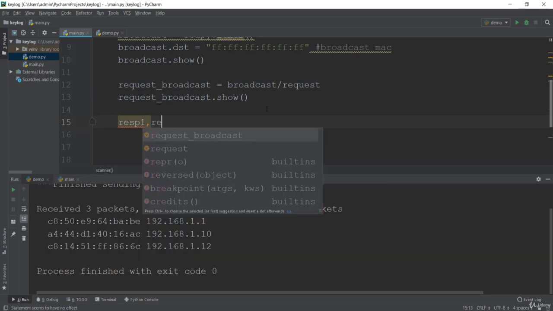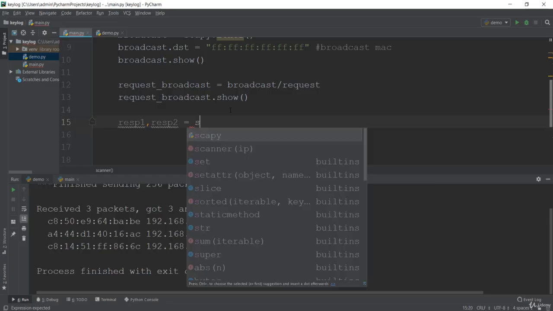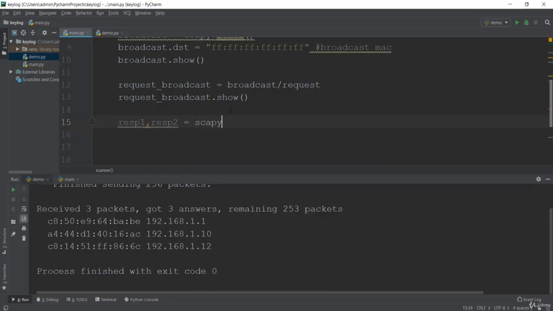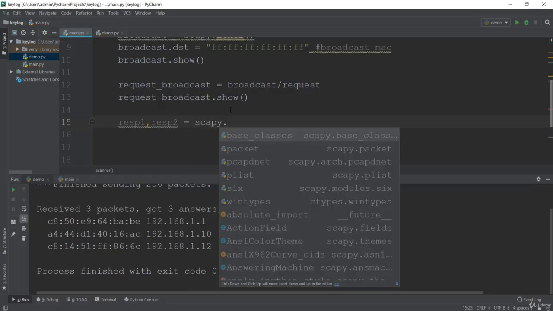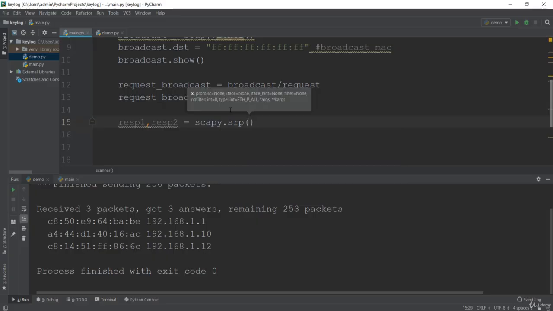So I'll say response 1 and response 2. Response 1 is the answered part, and response 2 is the unanswered part. We have this important method of the Scapy module, the SRP method, which is going to get every piece of information or packet transferred to the client. So this is an important method.